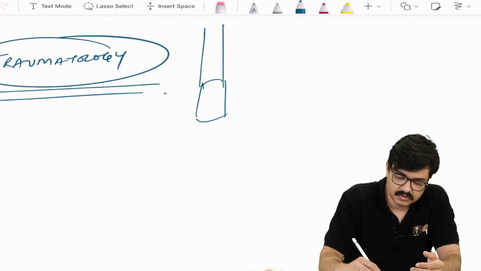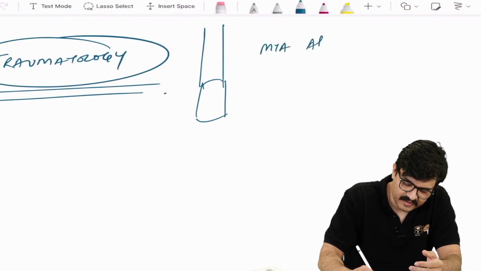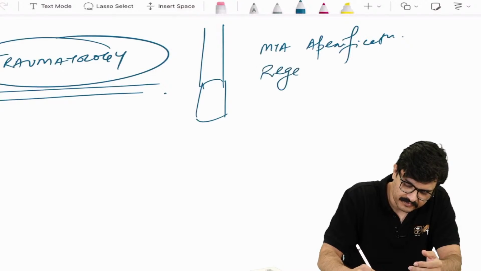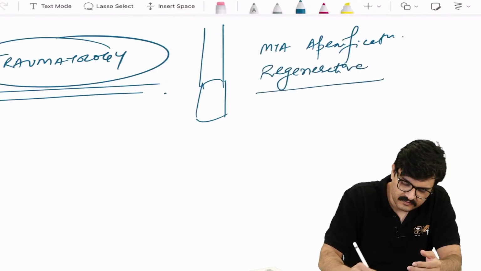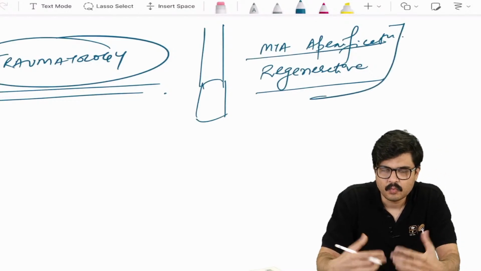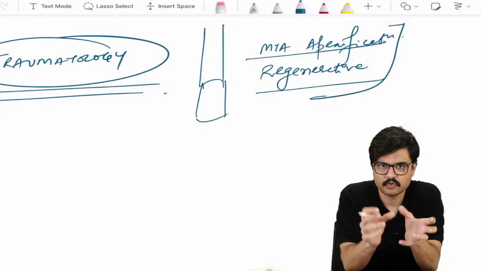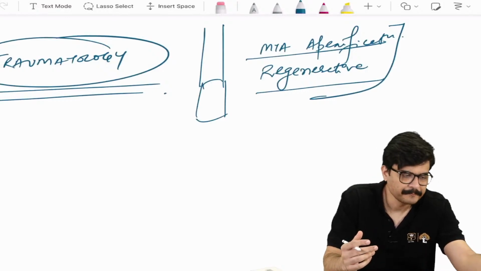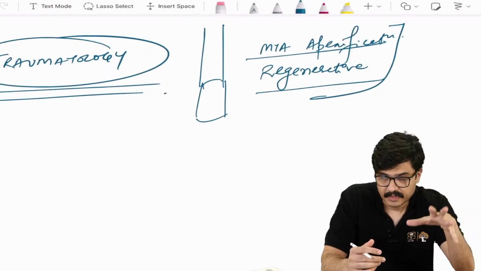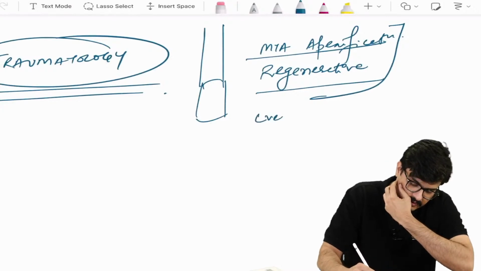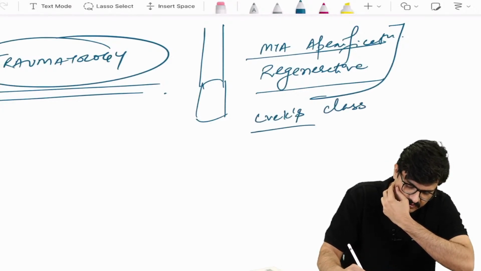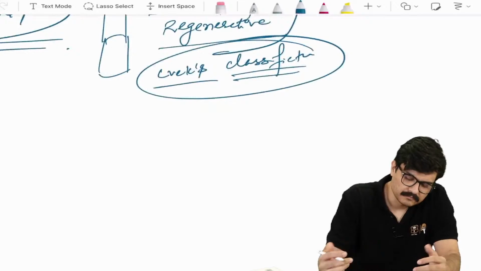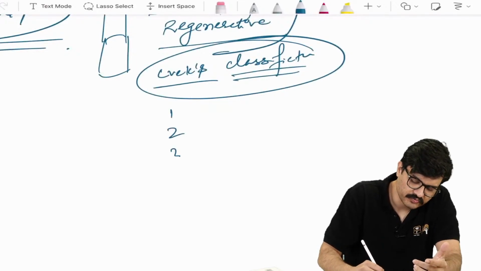And they would give you both MTA, apexification, and regenerative options, right? So guys, the case selection on this is going to depend on which Schweck's classification the open apex tooth falls under, which I have discussed multiple times in the morning motivation also, right? So you need to know that classification, right, guys? When you talk of Schweck's classification of open apex cases, you are dealing with, say, a type 1, 2, 3, 4, and 5.